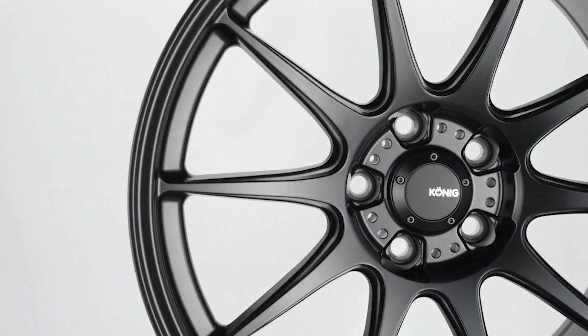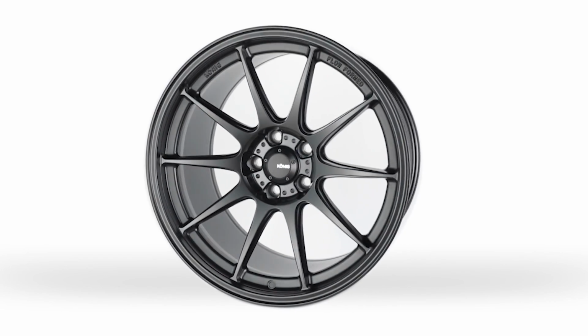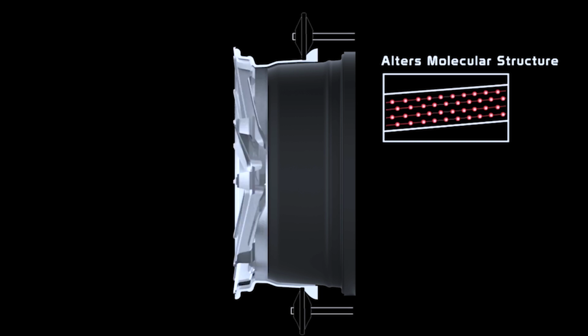common design. Now it is a multi-spoke, thin-spoked wheel that is flow formed, which is very similar to rotary forged, where they take the barrel and they actually smooth it out using rollers at a high rate of speed. Makes it less heavy and much easier to use if you're using it for sport-oriented purposes. Koenig has a bunch of cool designs, decagram probably my favorite, and on top of the whole thing, it definitely